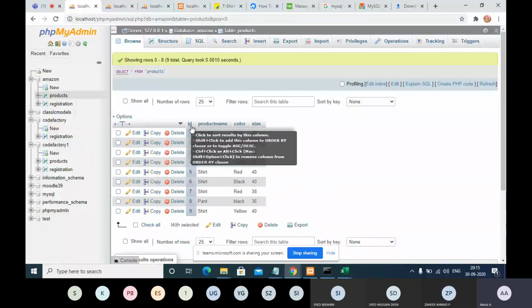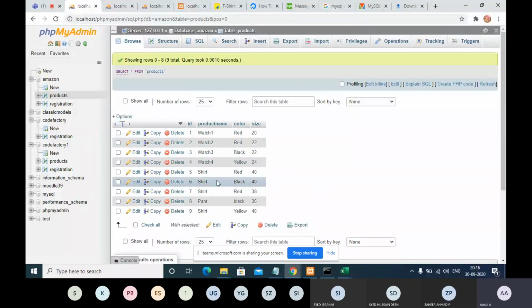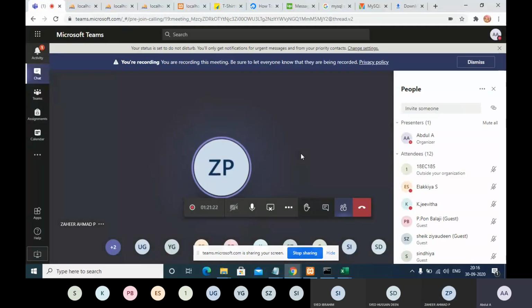But if you want to display all these results in your web page using HTML, there you need to connect the MySQL database using PHP or Python. These are the concepts. Now I think you guys are realizing the real-time things.